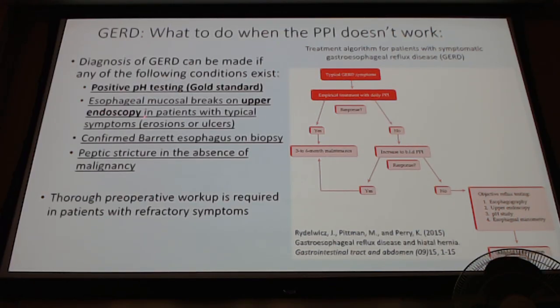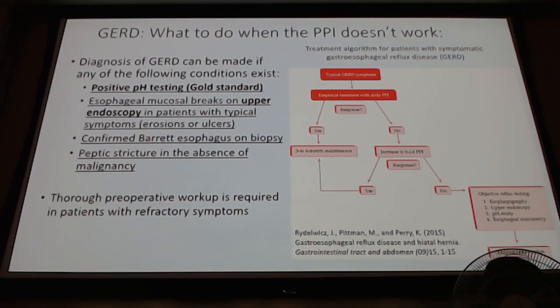We may also need to do, like I said, that upper endoscopy looking for erosions and ulcers. We need to take biopsies when we do that EGD, to confirm whether it's Barrett's, whether it's corrosive esophagitis, or whether it's something else that's causing that GERD. And then knowing their history,